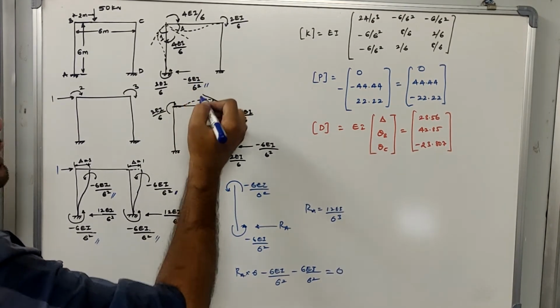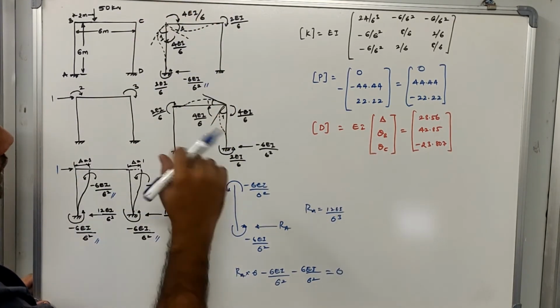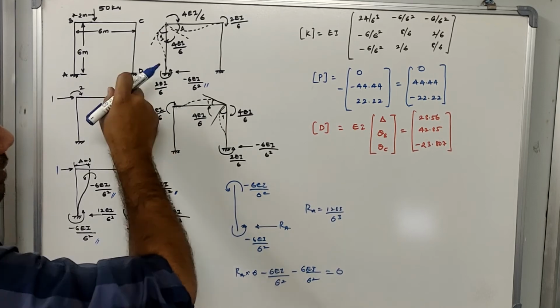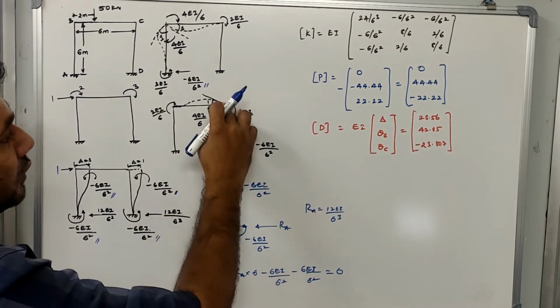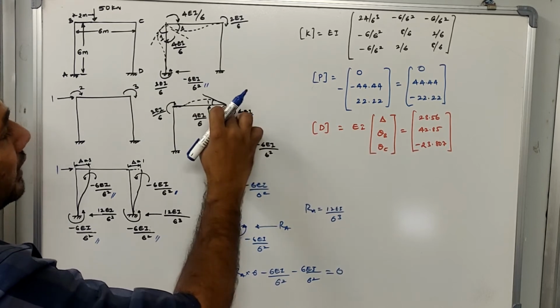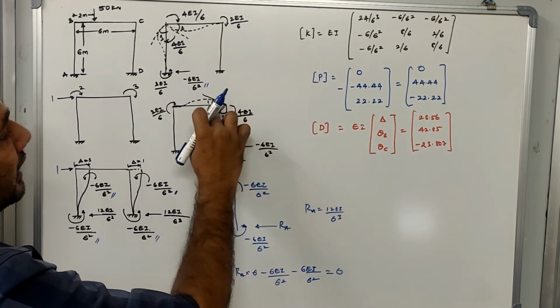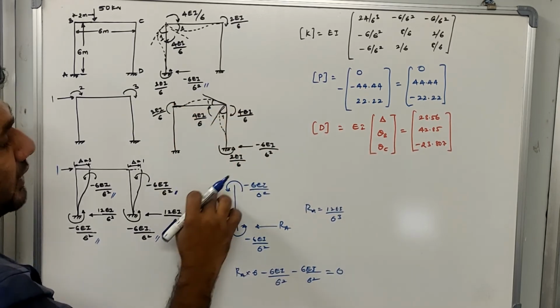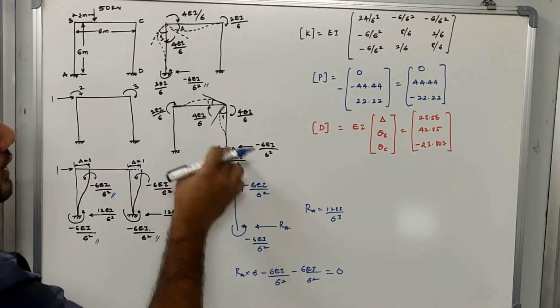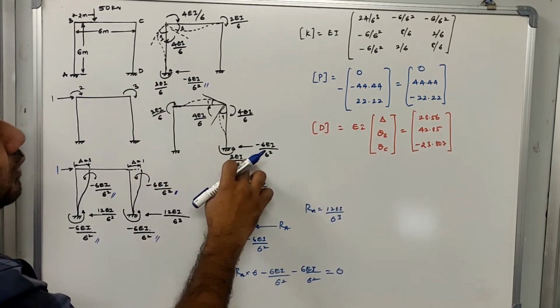Now once you have solved these reactions and all the moments, what is the next step? The next step is to go to the third coordinate and apply the unit rotation. So let us apply the unit rotation at the third coordinate. Because of that, at member CD the moment is 4 EI by 6, and for CB it is 4 EI by 6 again. So the carryover moment on the other side will be equal to 2 EI by 6 for BC, and for DC it will be 2 EI by 6.